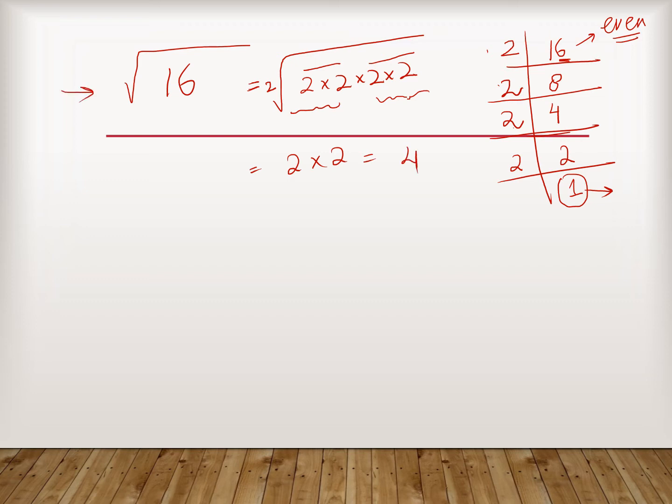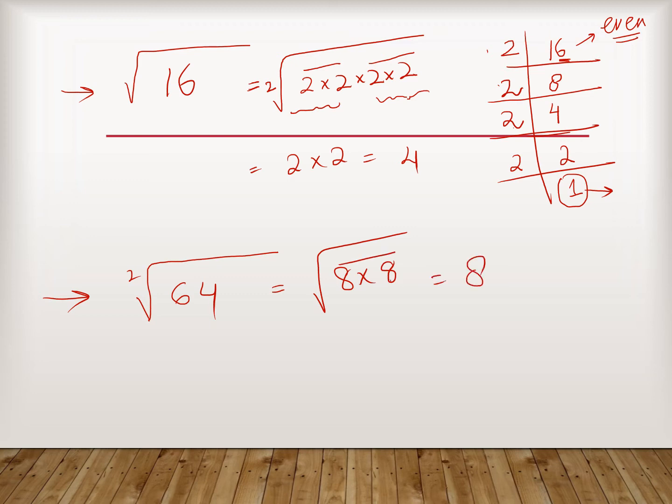I hope that you understood this kind of question, and if not, let's check one more. Here we have the square root of 64. One thing you know is that 8 times 8 is 64. Because the index is 2, you can write 8 times 8, make a pair, and one 8 comes outside. So this is the first method if you know directly the perfect square of a number. But if not, let's see what will happen in the other cases.